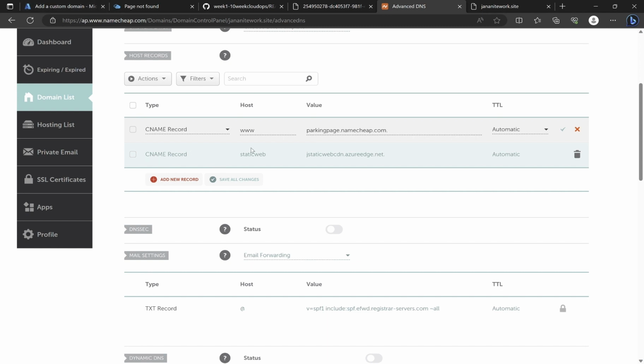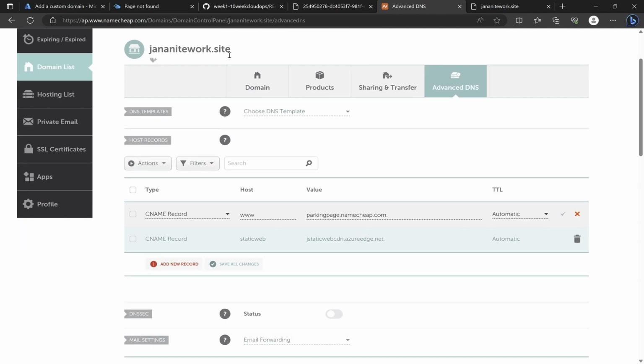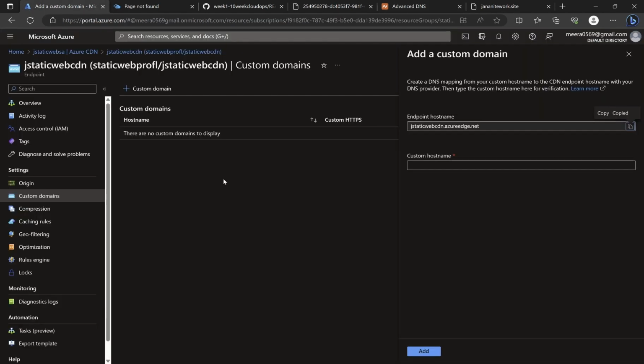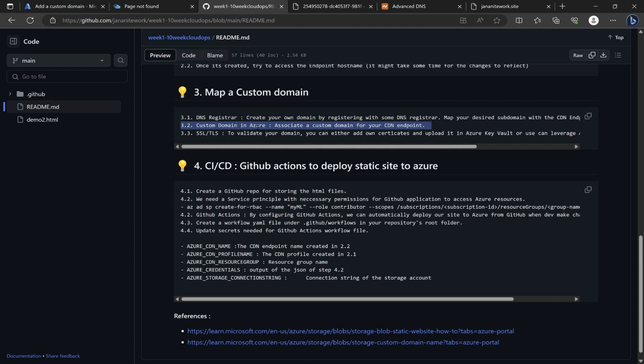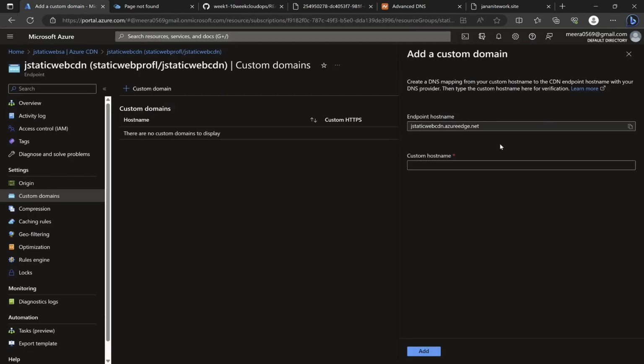So whenever the user tries to access static web dot janani.tework.site, the request should be redirected to our CDN. So let's now map the custom domain to the CDN profile. I think that is going to be step 2, where we associate the newly created subdomain with our CDN endpoint. So let me create, yeah, so the custom name is going to be